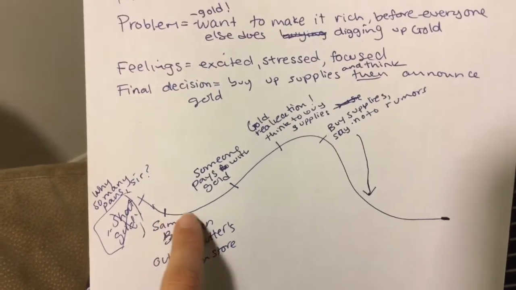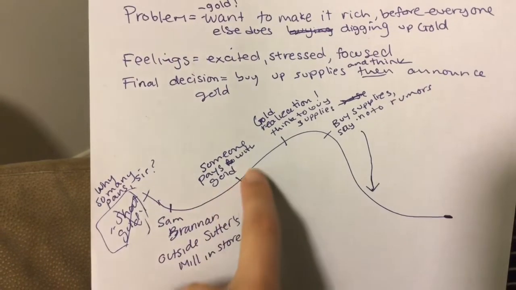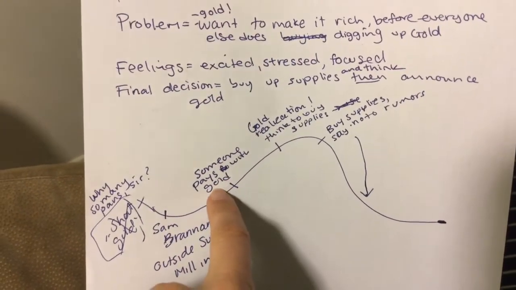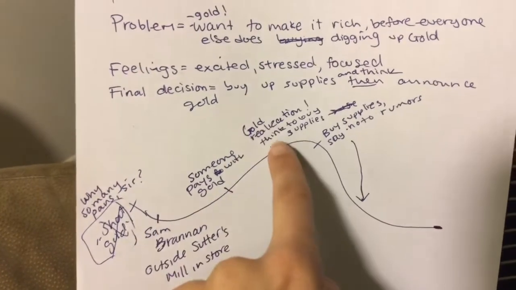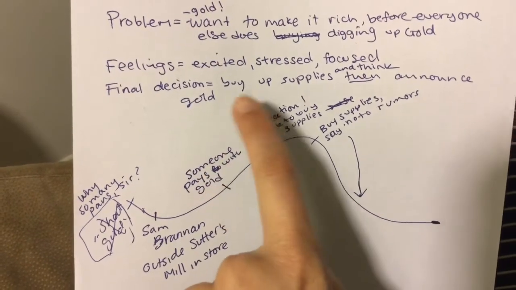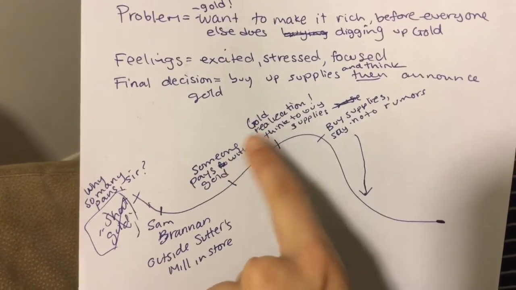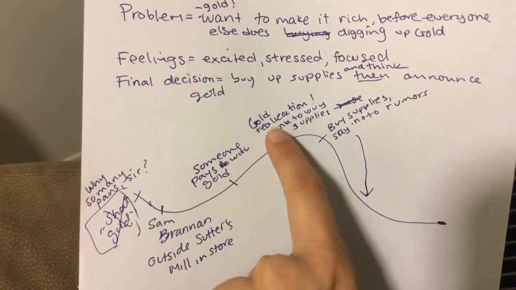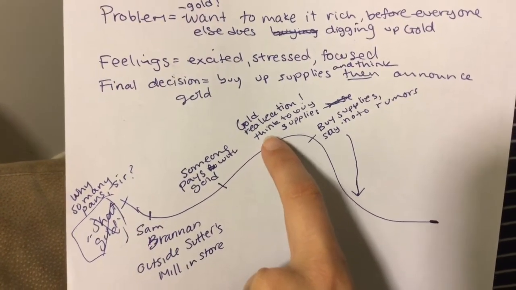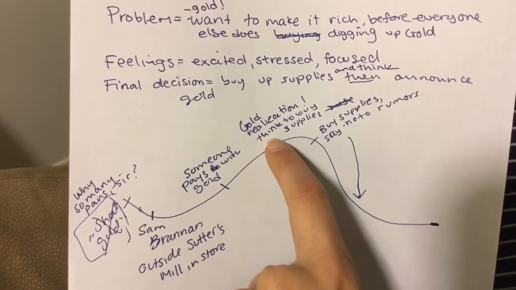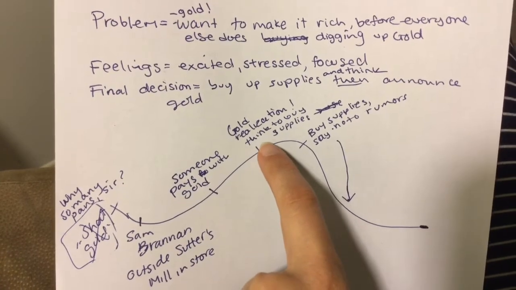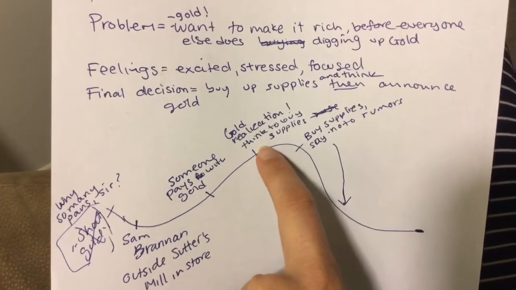Then as action starts to happen, the event is starting to gain intensity by rising. So someone pays with gold. That's the next action. Then there is his thought. I'm separating these two. Okay, there's someone paying, and then there's him thinking. Even though it happens almost in the same exact moment, it is a second later. Gold realization. And then him thinking, I should buy the supplies. If I buy the supplies, then every gold miner will have to come to me. That's how I can make the money.